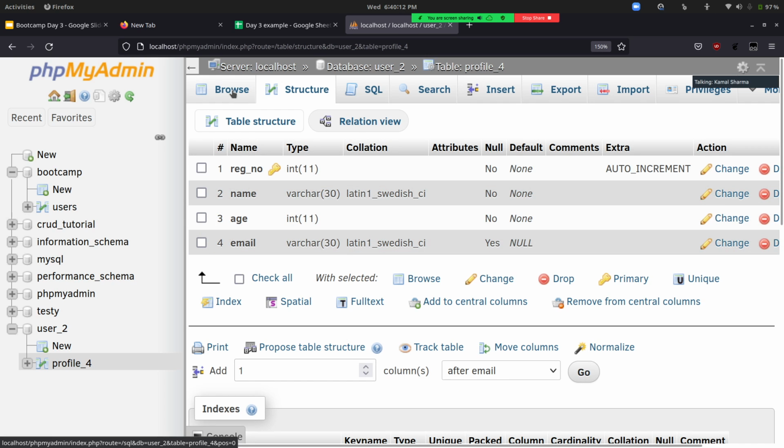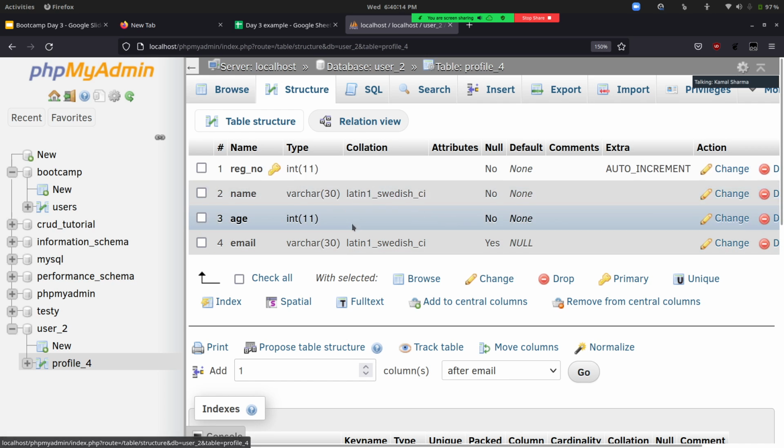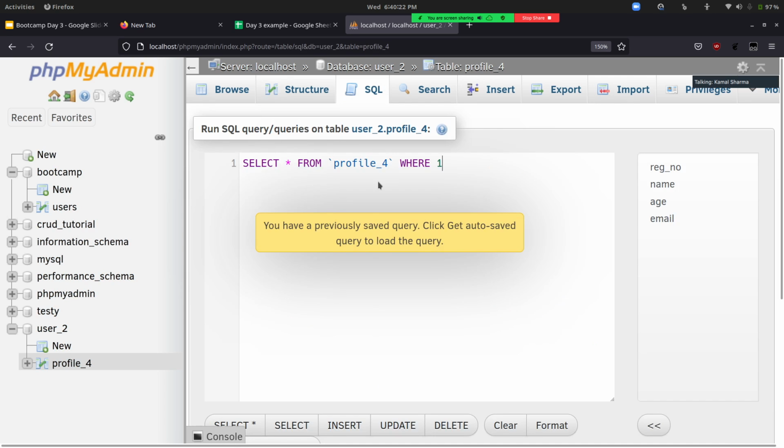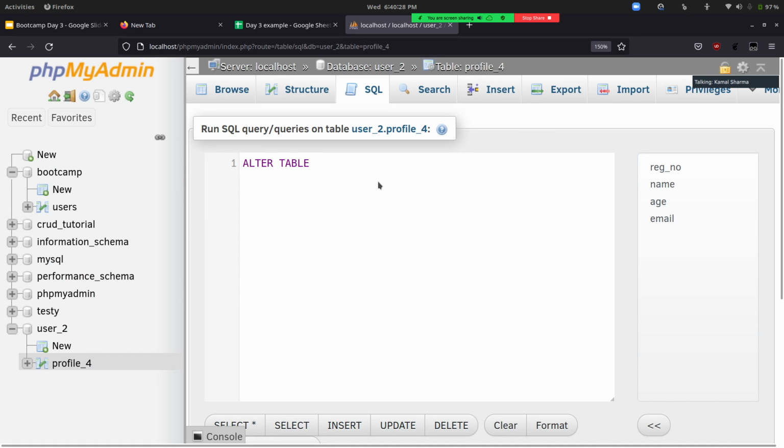So we can use the alter command to add or modify. Let's say we have added this email, right? Let's say we want to remove that particular email field. We can again use the alter command for that. Alter table, then we have to specify the table name. Table name is profile underscore 4. Then the drop command, and what column do we want to drop?